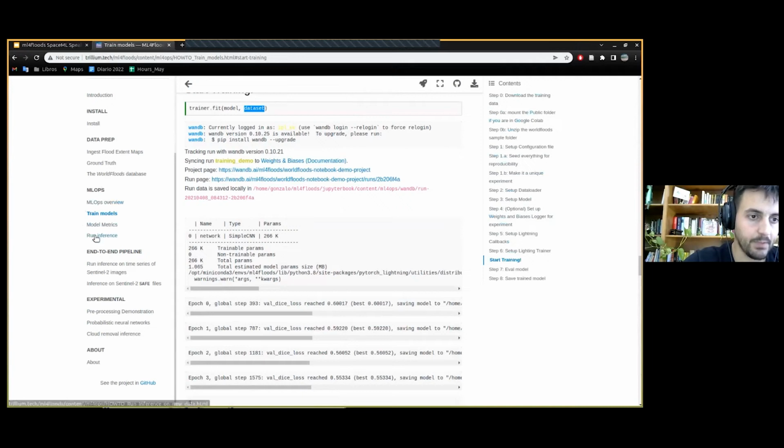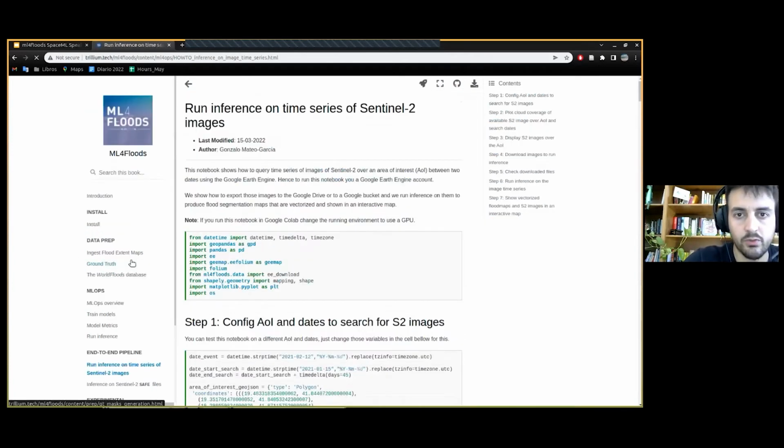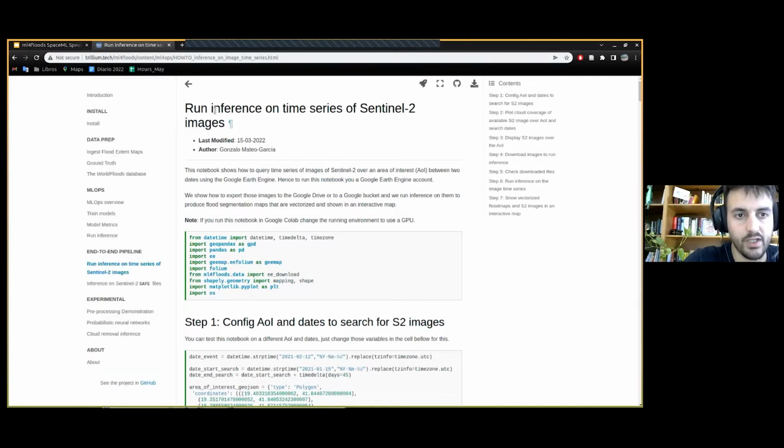So in the MLOps part, there are things for running metrics, as I said before, and also to run inference on a new Sentinel-2 image. And the tutorial that I wanted to show you in a little bit more detail is this one, which aims to run inference on a time series of Sentinel-2 images. So if we open this tutorial in Google Colab,